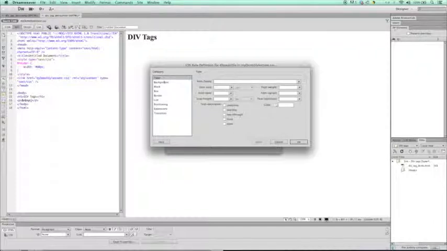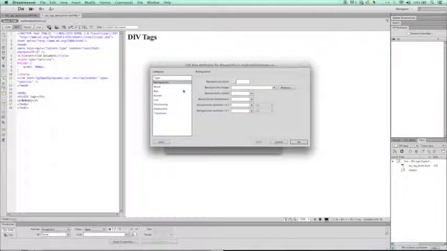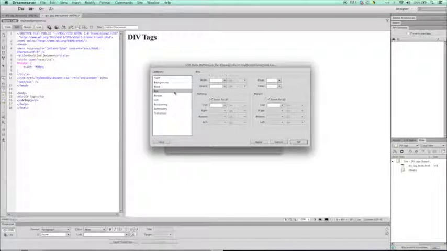Then it advances on to opening up the CSS rule definition dialog box, and here I can go ahead and set what I want my fonts and font properties to be for this div tag. I can set a background image or background color. And here I'm going to go ahead and create just a color so we can see what's going on here. And then I can come down here to the box category and set a width as well as a height